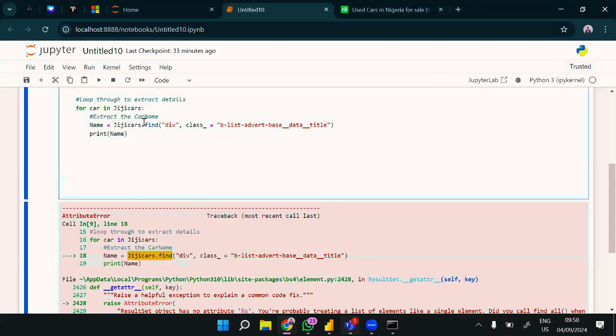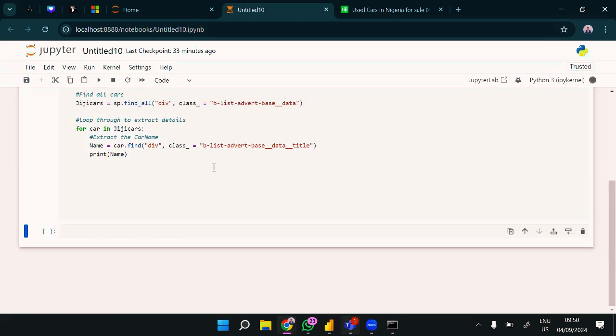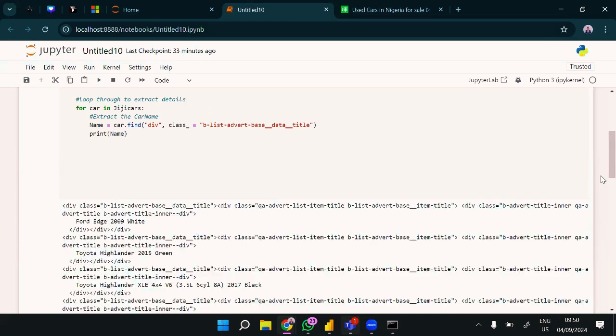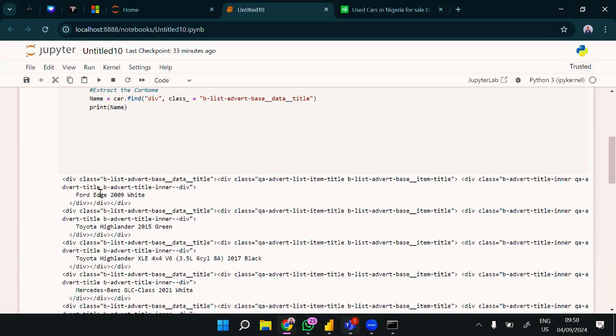This is for car in digital, so this should be car. Okay, car dot find. Let's try and run now. Okay, so you can see it has given us these names: Project 2000 white, Thailand 22 green, this. But we don't need all these. We don't need all these HTMLs and this